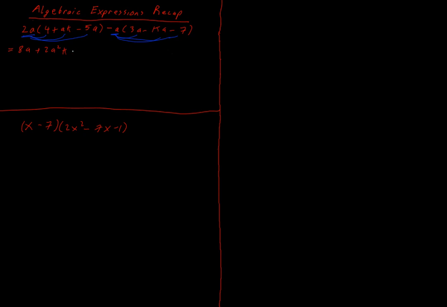2a multiplied by minus 5a: plus by minus is going to give us minus. 2 by 5 is going to give us 10, and a multiplied by a is going to give us a squared. Next, we have